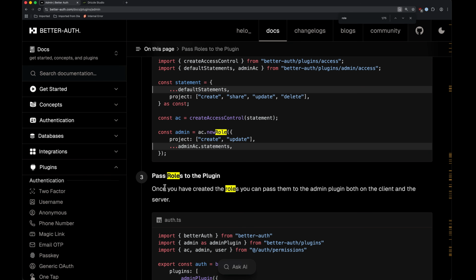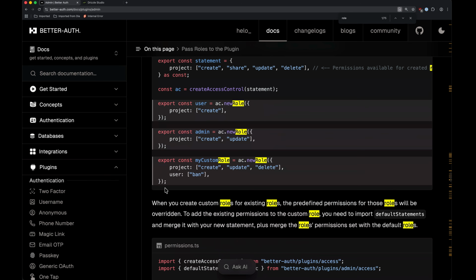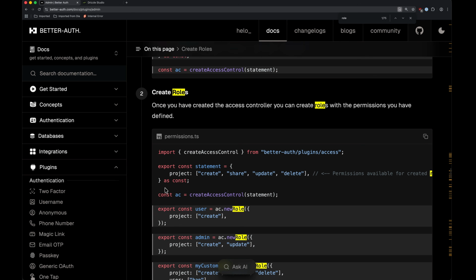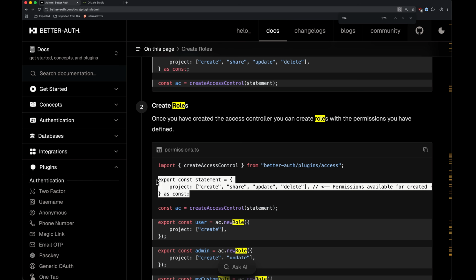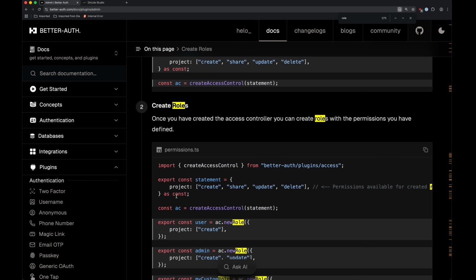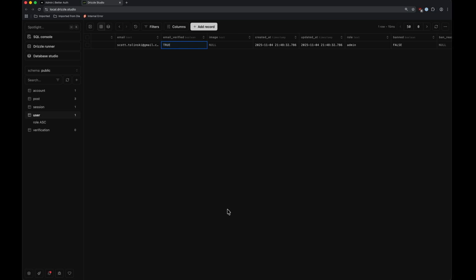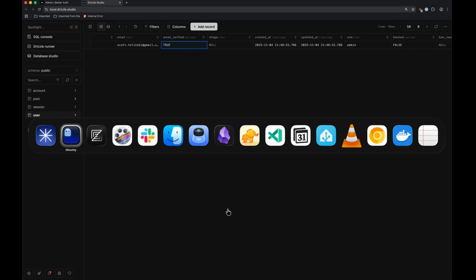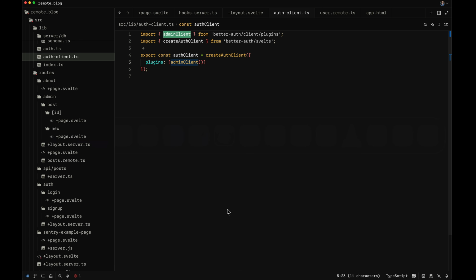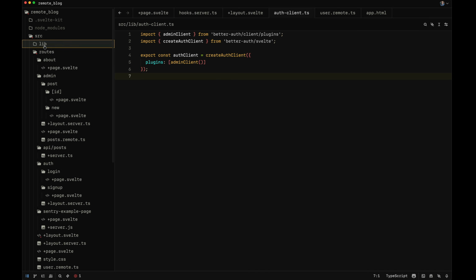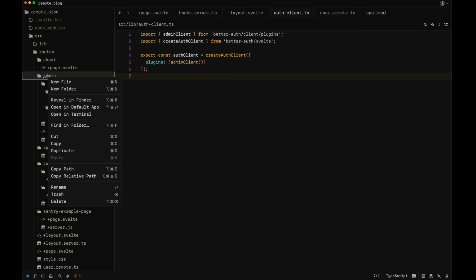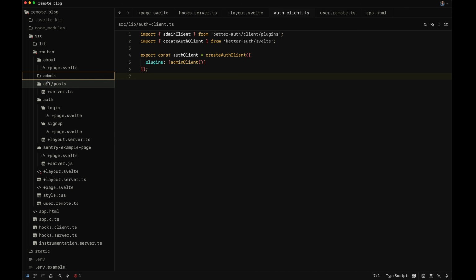But for the most part, if you want Better Auth to really control that entire flow of checking access, outside of this stuff, you will want to get into custom access roles here. So whether or not they can create, share, update, delete, whatever on individual stuff. I'm going to save you for that, because what we want to do here is that we have access to the system where we can, as an admin, run these auth client bans and whatever. But generally, if you're just checking if somebody has access for something, you're generally just checking to see if that role exists. So likewise, in our routes, we can head to our admin,